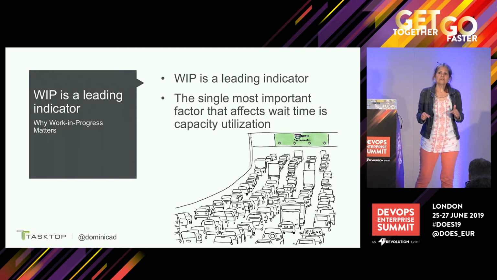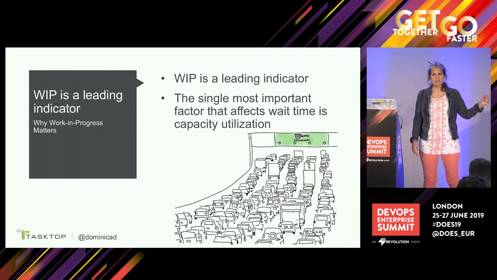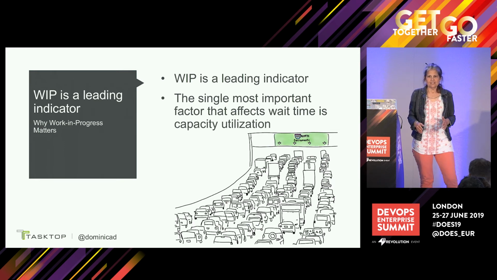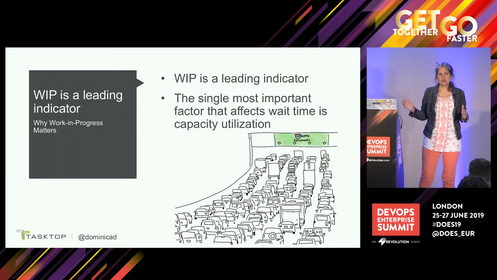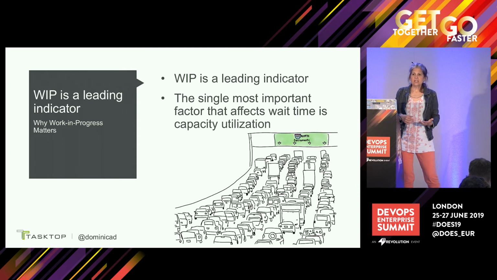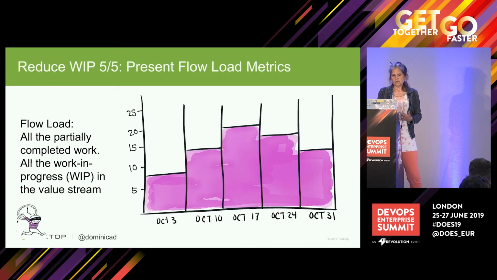But the most important thing for you to know about work in progress and flow load is that it's a leading indicator. Just like when you get on the freeway and it looks like it's backed up, your commute is going to take longer. Right? So if you've got way more work than the team has the capability to do, things are going to take longer because people aren't available when you need them to be. And so for flow load,